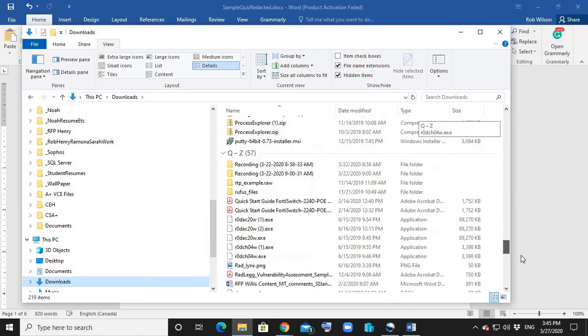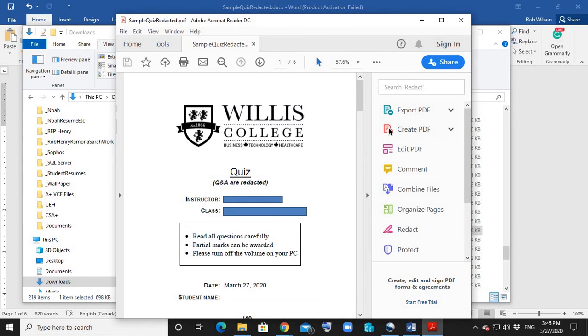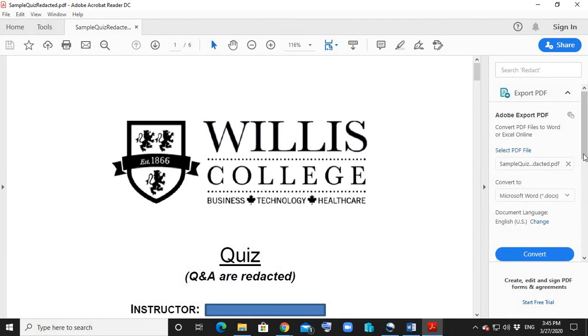It's called sample, wasn't it? There we go. Sample quiz redacted PDF. Right. Notice how it's got large entries on the right hand side. So your students may see it in that form, not with the little icons, but it's the same kind of